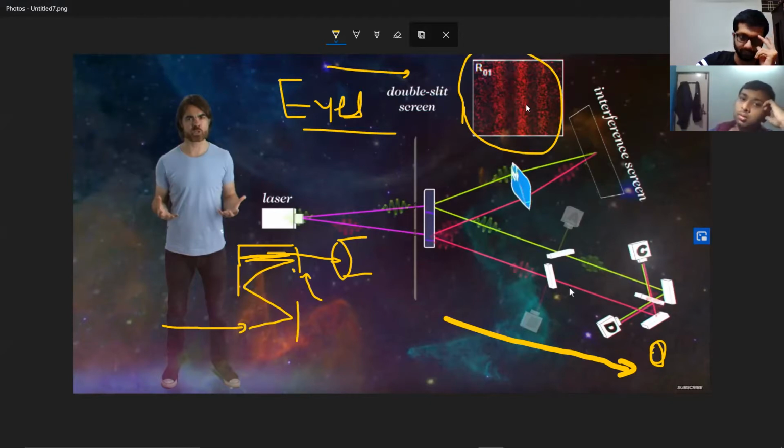Wait. You are saying that you will see the interference pattern in the detector that you just drew? No, this is for T2. It's not for T1. T1 is here, it goes here. T2 is here. So T1 will create some pattern here, right? As we are not observing anything, it should create this pattern. Correct? Okay. So once you see this pattern, then what you do is you move this mirror out